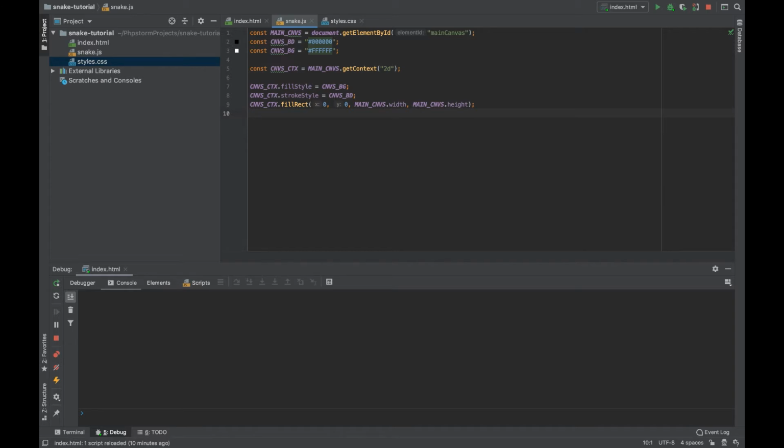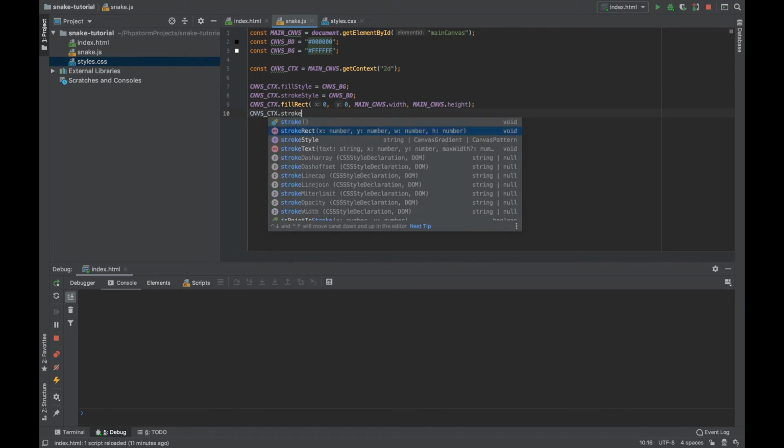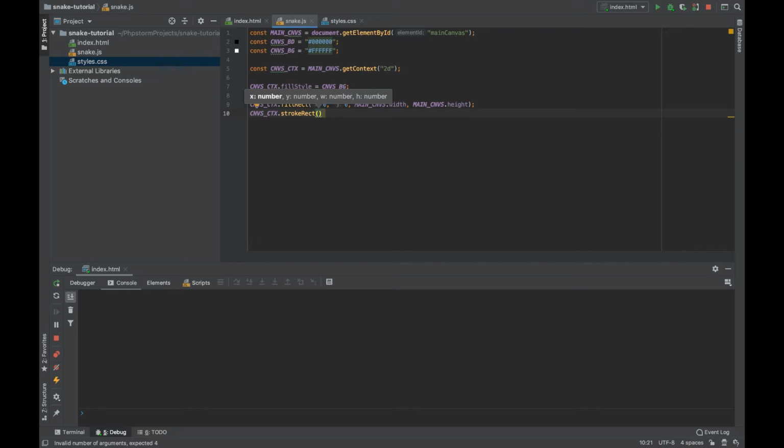And also, except for the background, we also need stroke, like the border. It also needs an x-axis, a y-axis, a width and a height. So what we're gonna do here is the same thing: 0, 0, main canvas width, main canvas height. Let me just copy and paste it